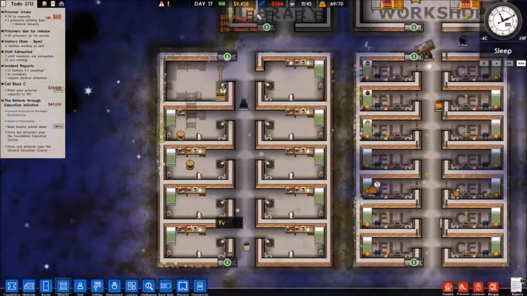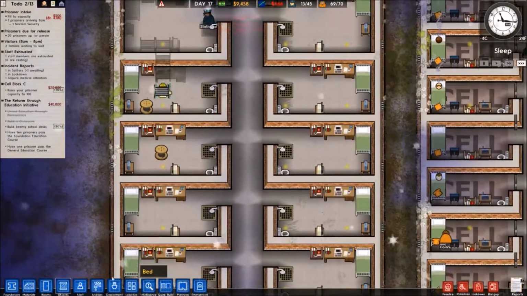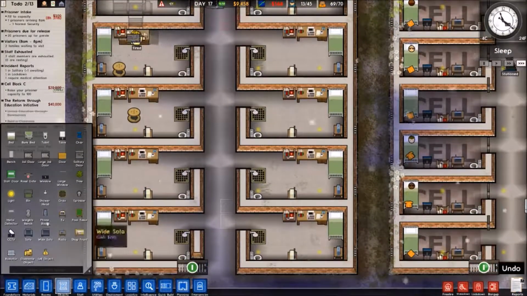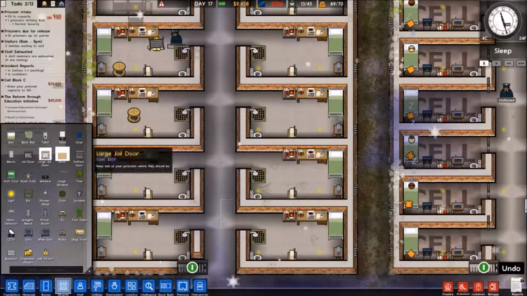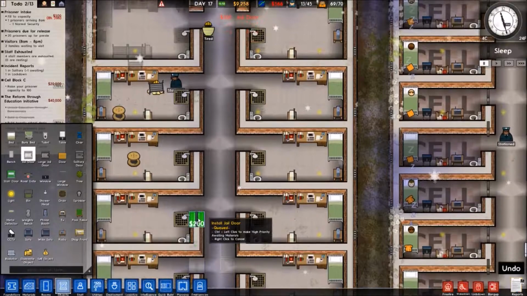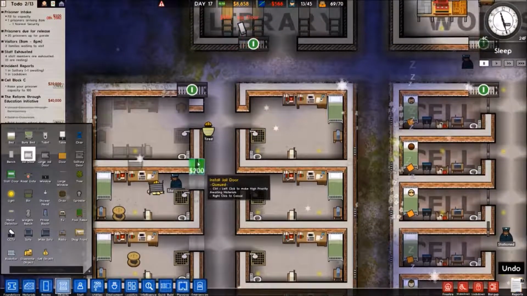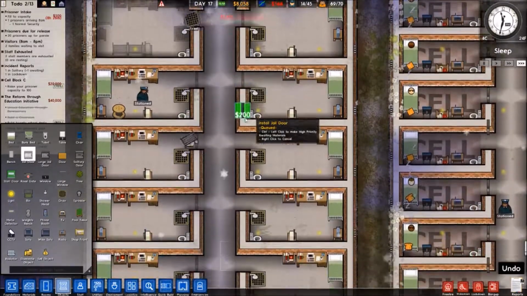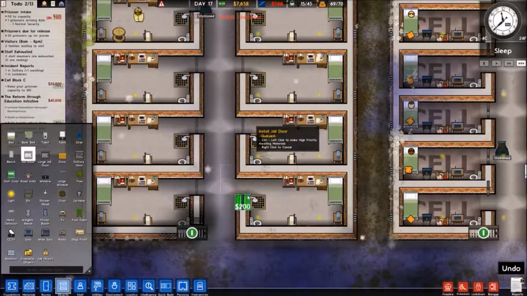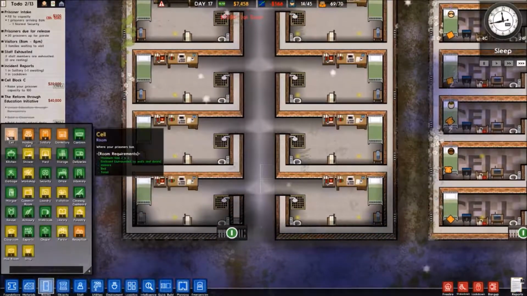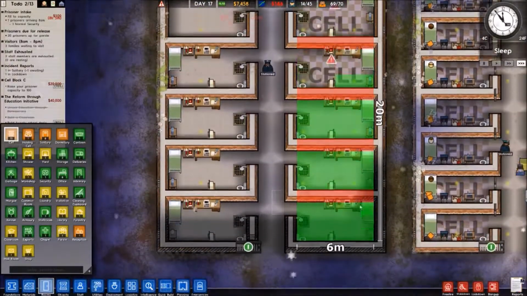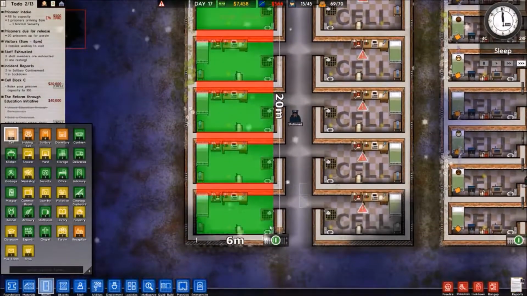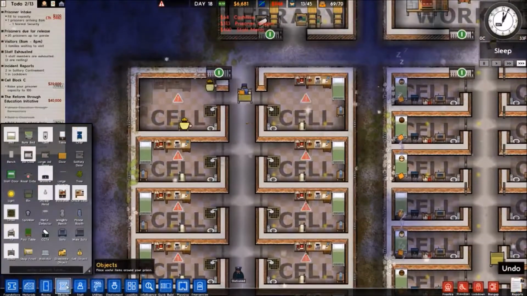Gosh, these cells, they're still not... You know what? Most of these cells are just about ready. Let's finish up these... No, let's not give them regular doors. They're not quite that cool. Now let's put doors on. I think we're ready to put doors on and call them actual cells. Now let's put the cell thing on here and in here. And the doors will come in soon.